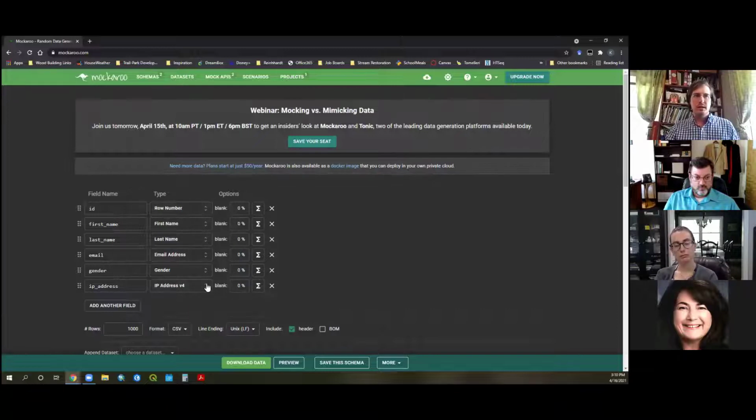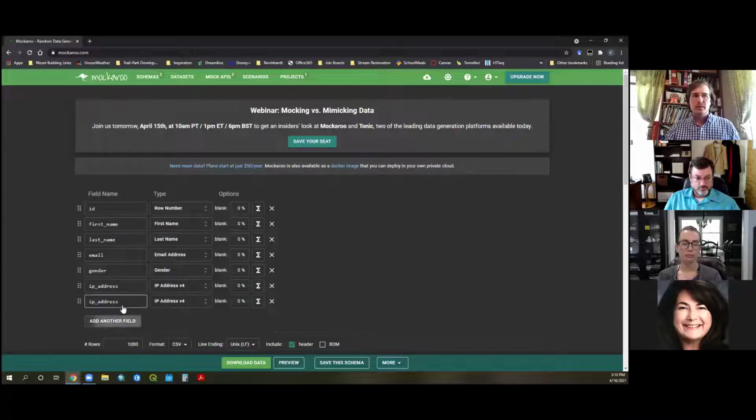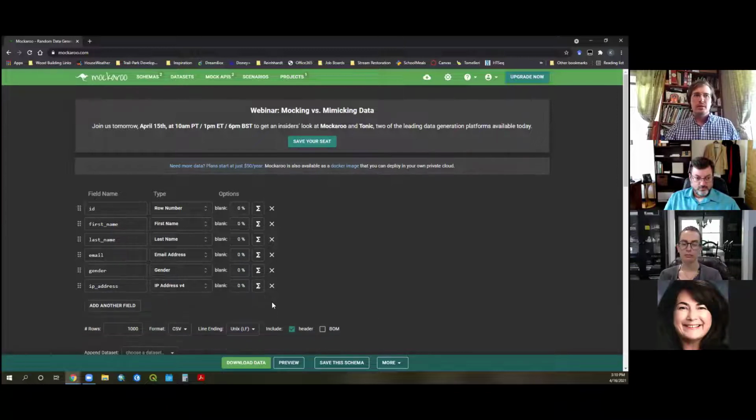And as you change the type of data generated, your options change pretty drastically. So in this field name, there is an ID, so a unique identifier. We can randomly generate first names, last names, emails, genders, and IP addresses. You can click to add other fields, and if you don't want a field, you can just delete it. So it's really intuitive to use on the user front end.